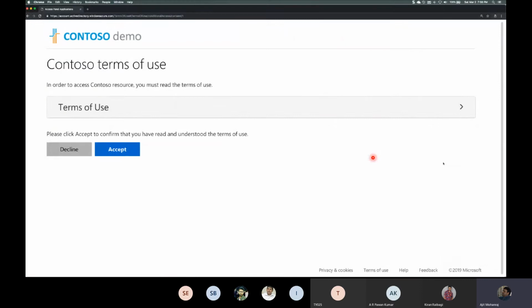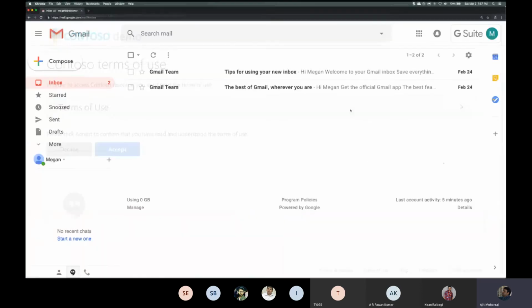And then I have this nice terms of use page that I give to the user so that he knows under which terms he's using it. And now I access my Gmail, right? I'm not a Microsoft Mail user. Just that identity was very well controlled, and I was challenged with a second factor authentication. Small demo. Next one. I need a device to be managed and compliant to access corporate resources.